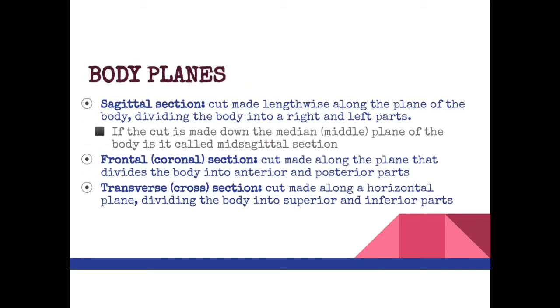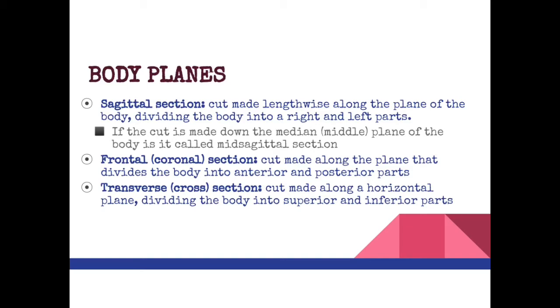There are 3 different planes of the body. So we have the sagittal section, which if you make a cut lengthwise along the plane of the body, that sagittal section will divide the body into right and left parts. And if you make that cut directly down the center or the midline of the body, then that's called a